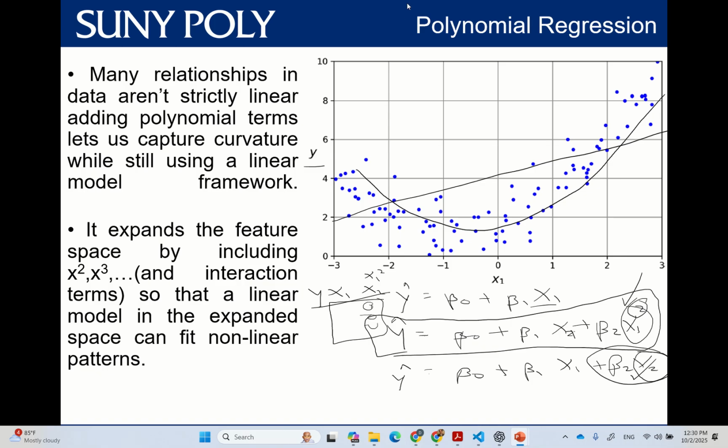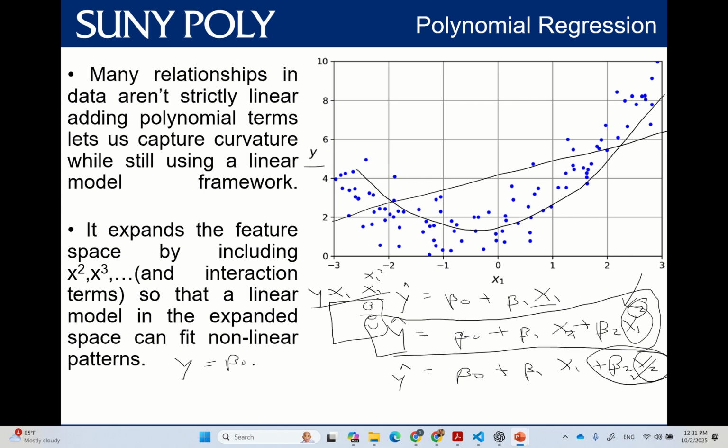In polynomial regression, you have to be careful because the number of features that you are creating will increase dramatically with the degree of the polynomial that you are using. For example, in this one there is only one variable, so we're just adding the same variable squared. But when you have multiple variables, let's say x1, x2,